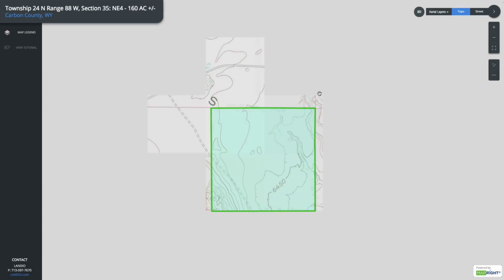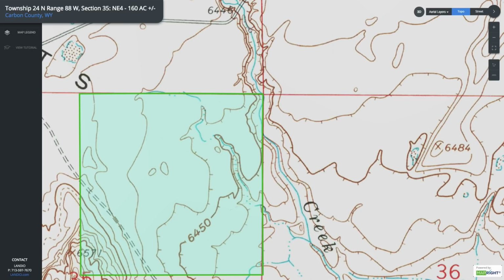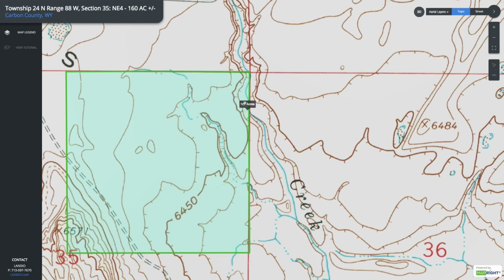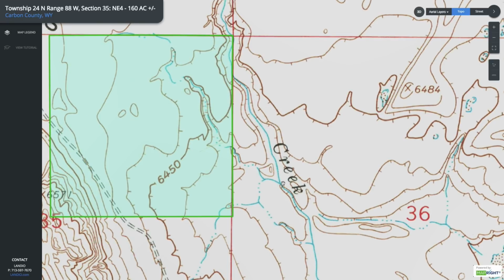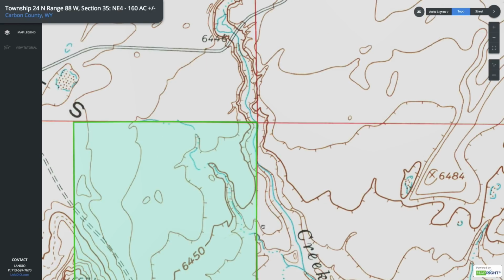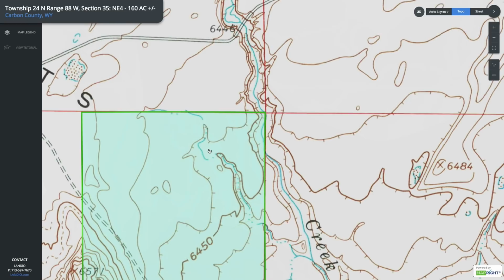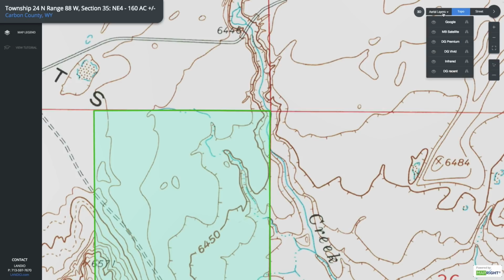If we look at it on the topographic map, you can also see that this is a named creek. Where this line is solid on the interactive map means consistent water flow. Where we see the line and then the 3 dots and then the line and the 3 dots, that is a more intermittent water flow. But we see the solid line intersecting the property right here. And there's also some other intermittent water flow right here, which you can also see on the map,